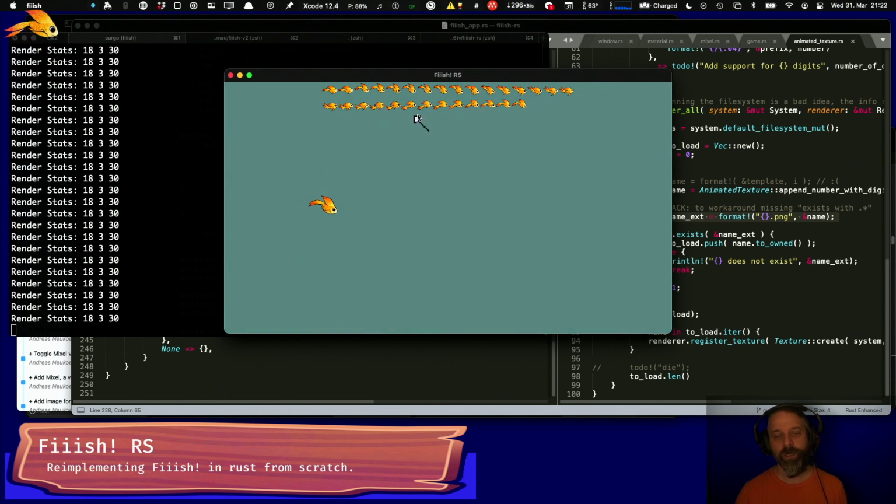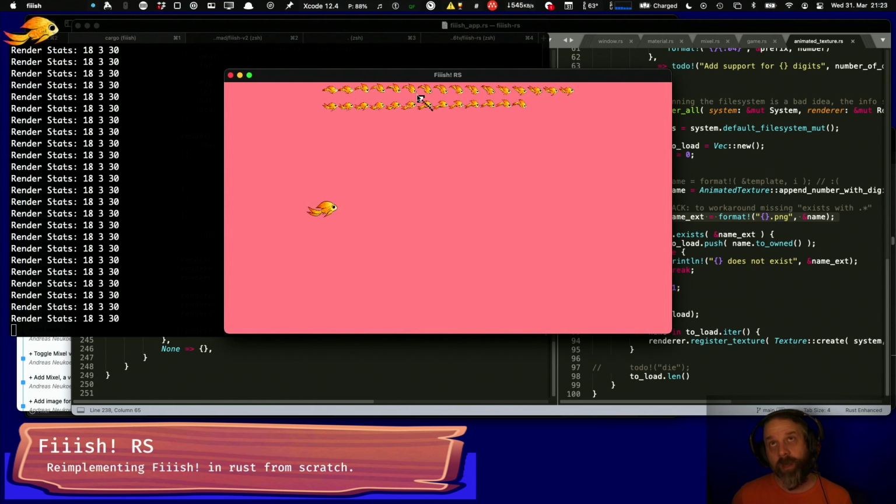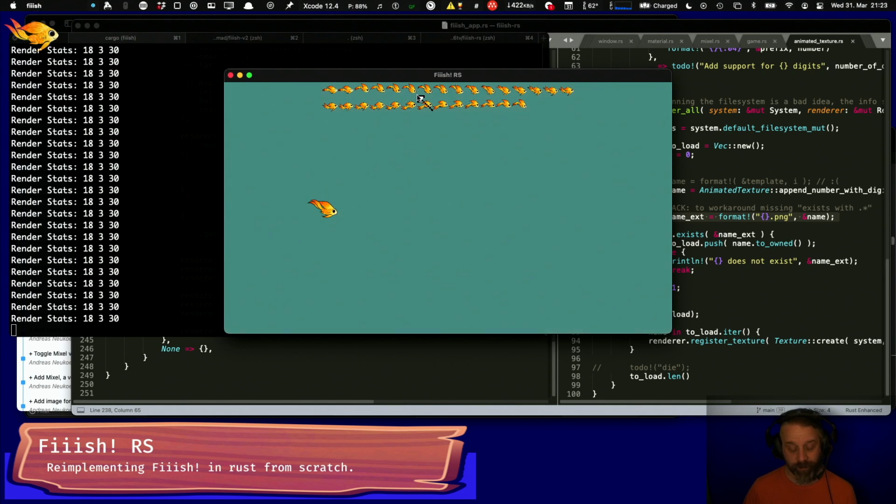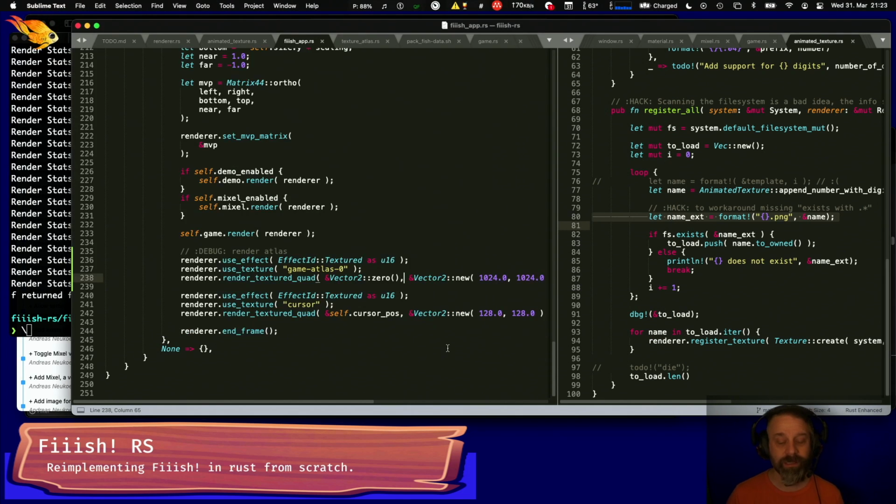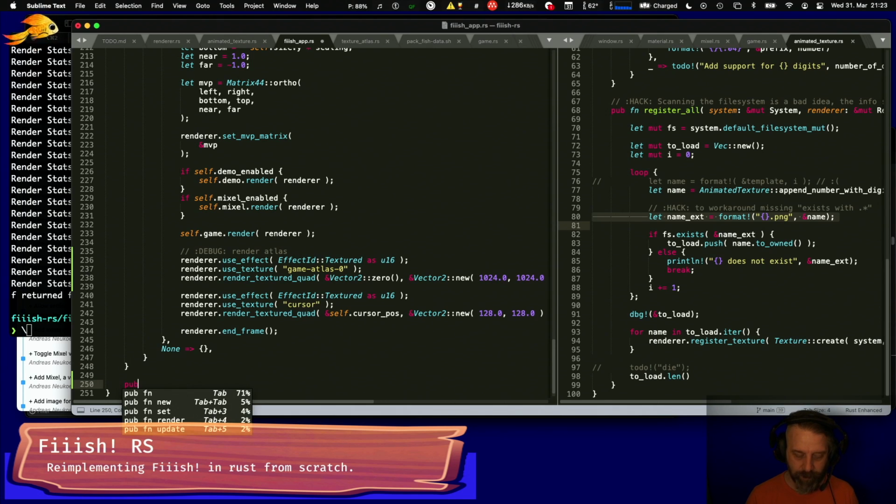So we loaded our texture. So we have a hardware texture for the Atlas now, but we need kind of logical textures. So this is going to be a bit ugly because for this we need to actually load the Atlas. And for that I'm actually going to say pub fn load. And